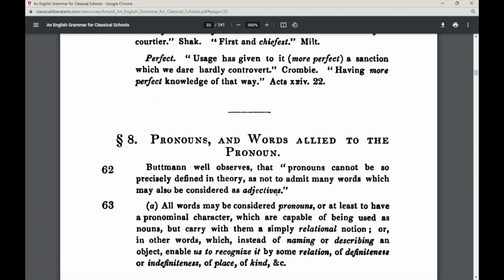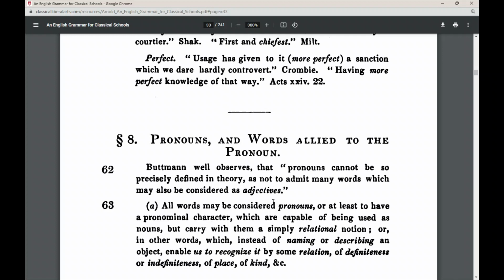So what we learn here to get started is that it's difficult to understand the differences between some pronouns and adjectives. In fact, when grammarians define pronoun, they often find that they can't keep adjectives out of their pronouns. So we see there's going to be some difficulty in understanding pronouns because adjectives are like pronouns in some ways, and it's hard to keep them separated. So we'll keep an eye out for any confusion related to adjectives and pronouns getting mixed up as we go